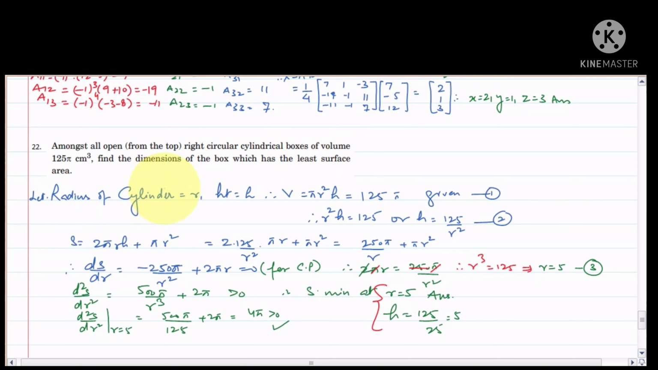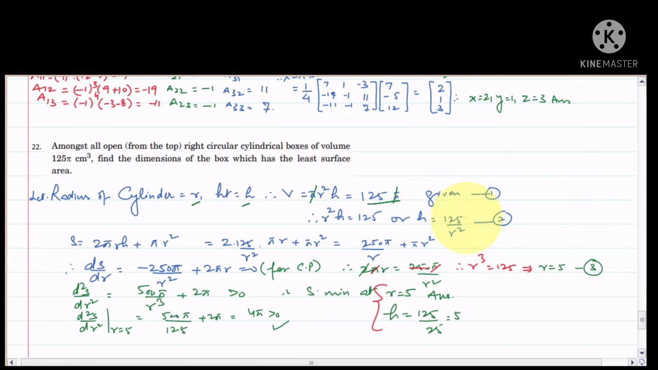So we know the radius of the cylinder is r, and we have taken the height as h. So the volume will be pi r square h. That is constant, that is given to us. But here we have two variables, r and h. So r square h is equal to 125,